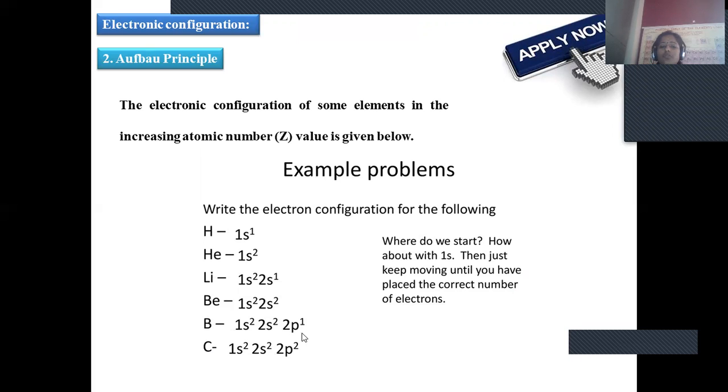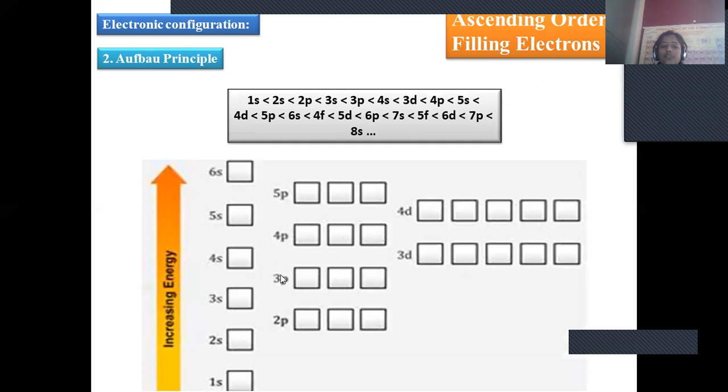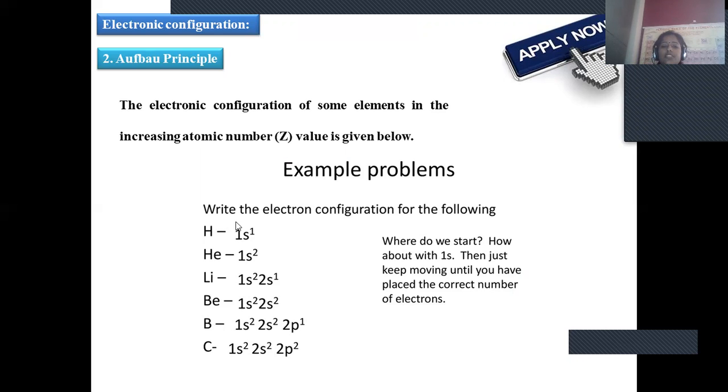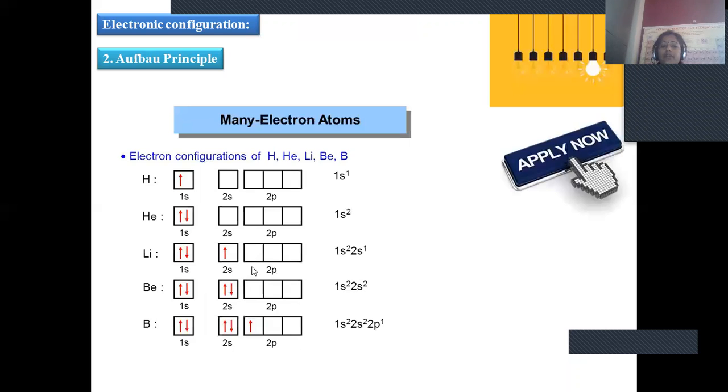For carbon, where should it go? 2p2, because the maximum capacity of the p orbital is 6. That's the reason why the second electron also entered the p orbital only. This is the filling of orbitals in accordance with the Aufbau principle, which is exactly in accordance with the Moeller chart also, right? This is another representation of the electronic configuration. We can represent it in orbital subshell form also. This is a somewhat expanded and more detailed description of electronic configuration.